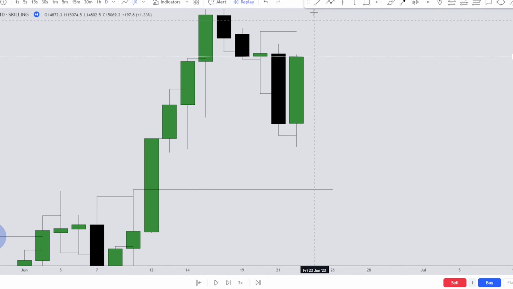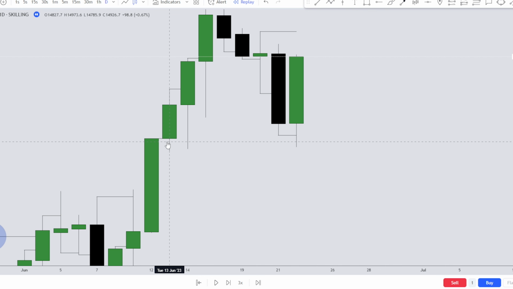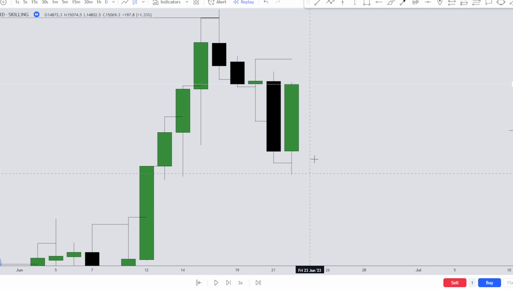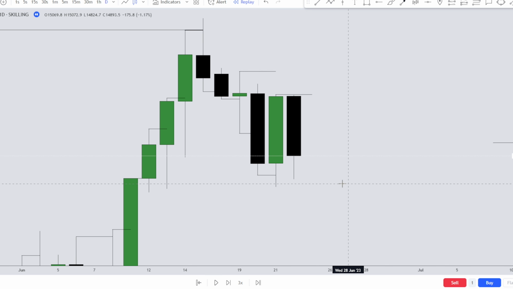Now in the next video I will talk about draw on liquidity, but this is not the point of this video right here, because we see that we have a fair value gap exactly right here, the one that I pinpointed. Here we are unable, as I said, to break with a body below this low, but we grabbed liquidity. Theoretically, I'm expecting the high to be taken in this occasion, but of course in the next video we can implement draw on liquidity. This high is not taken, as you can see, and we are within this range right